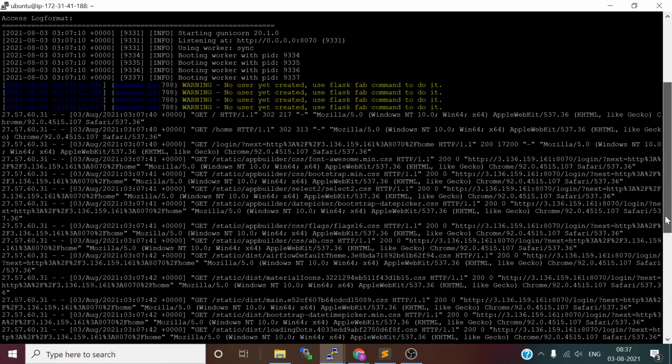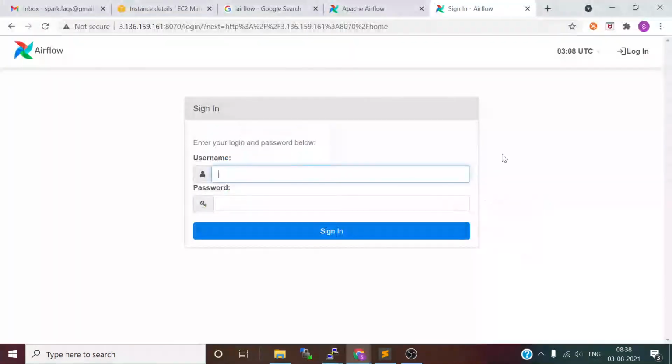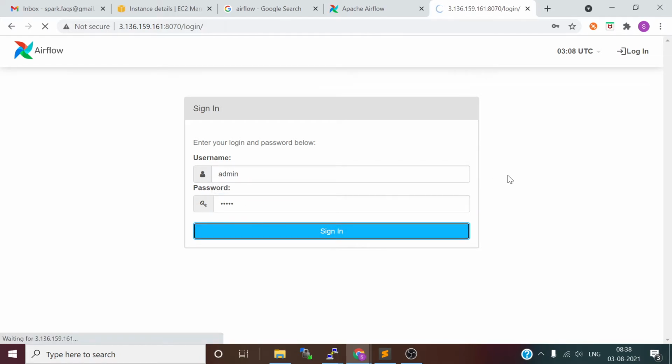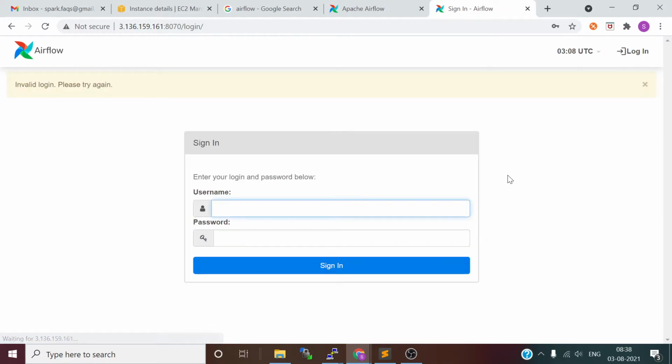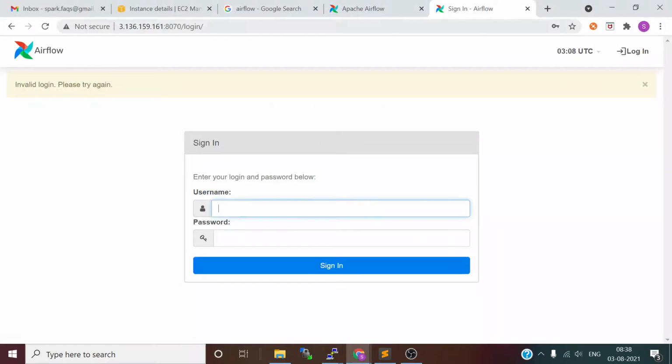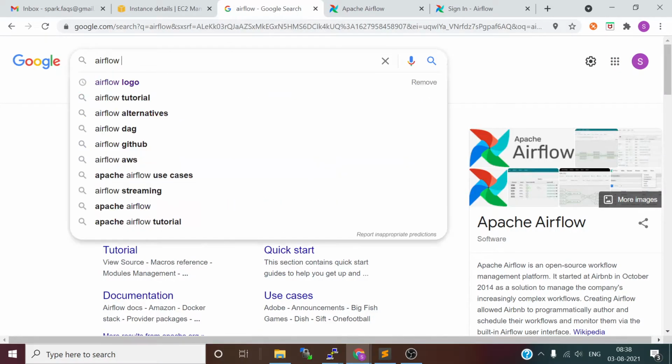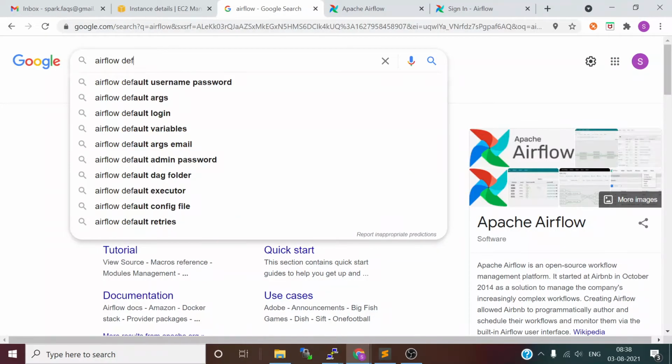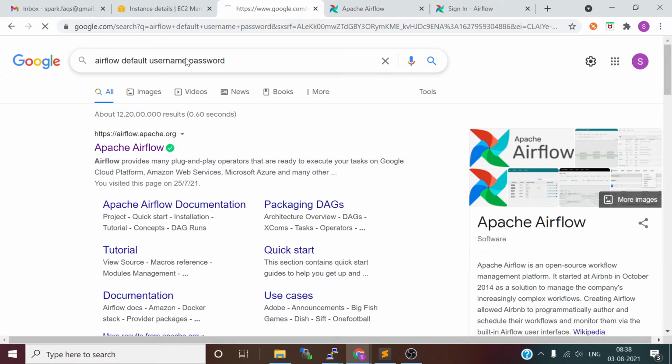Now the user ID and password. I think it is admin. Let me try admin. No. Let me look up the Airflow default user ID and password.